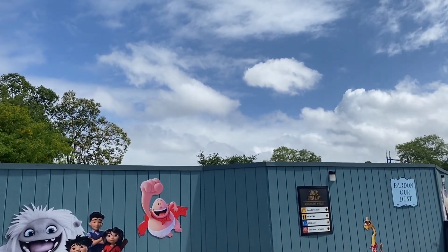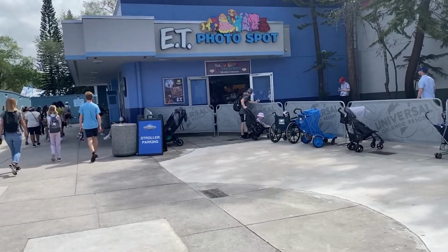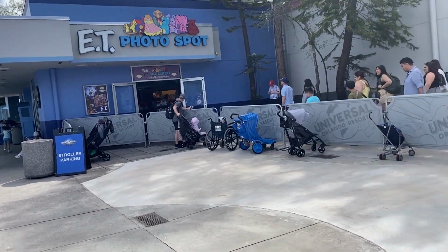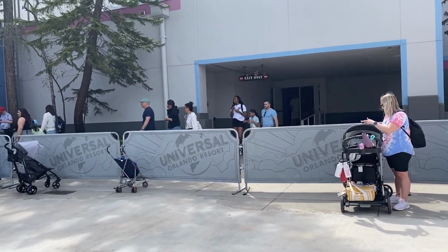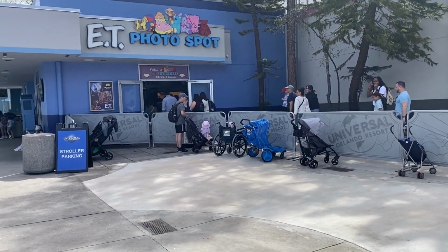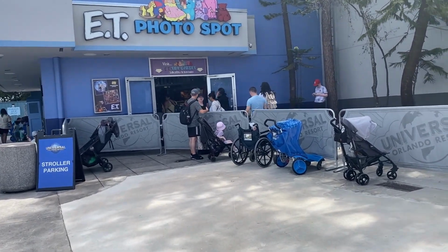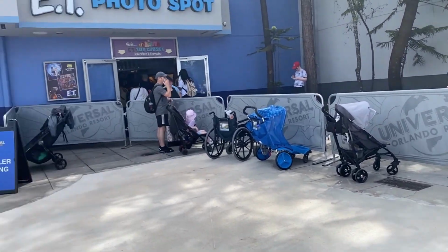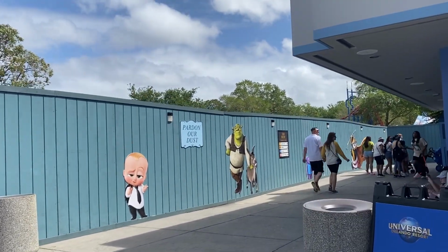So really looking excited to see what they put in that area. Also noting that they have removed all these bushes for the stroller parking area, but they've still got the barriers blocking to funnel you through the gift shop still. So they're cleaning this area up over here really nice. I think it's going to look really good in the next year or two when they get this thing all